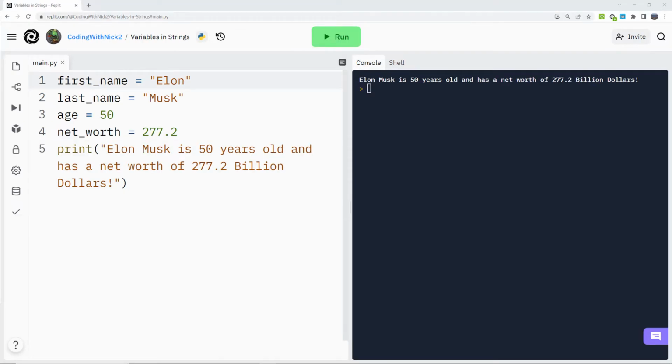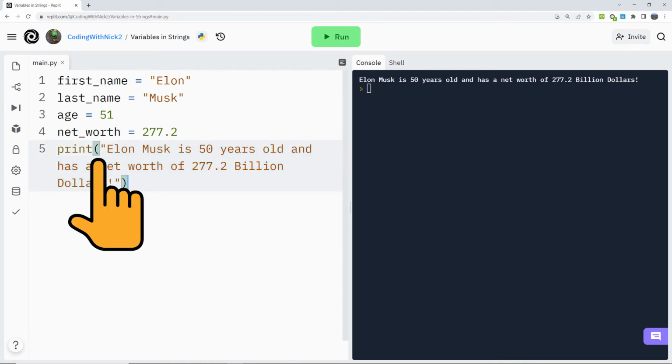If I change the values of the variables and hit run again, the text remains the same. For example, let's change the age and make it 51. We hit run and the text that is printed remains the same. What if we wanted the text to reflect the changes in the values of the variables? We have to use an f string for this.